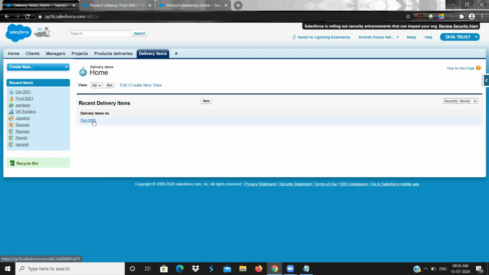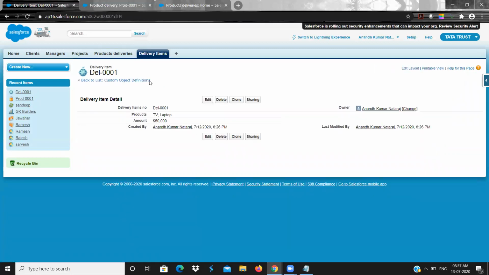Because if it is available after deleting this, it doesn't have any meaning. Okay, do you have any doubts? Are you able to understand? Yes. That is the main thing that we need to see when we wanted to go for a lookup or a master detail. It all depends upon the business requirements, whether we wanted to choose lookup or master detail.